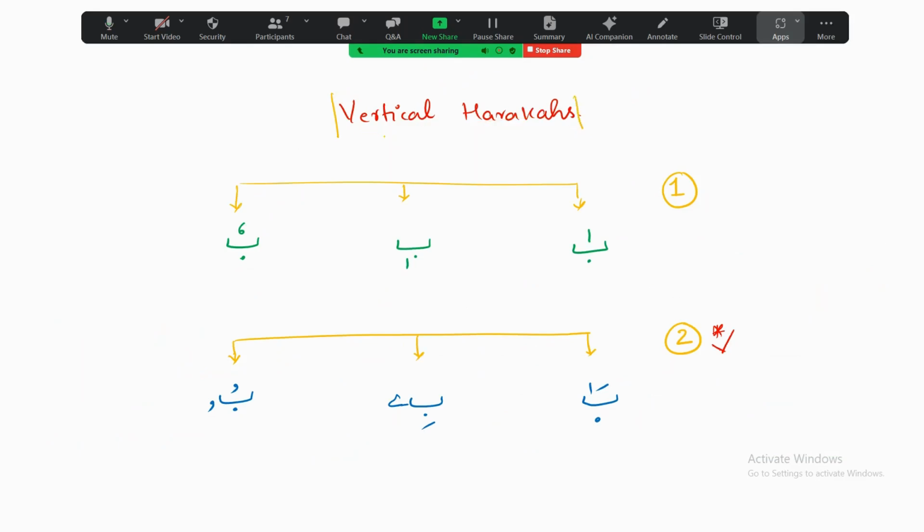Okay, so the topic we are covering is vertical harakat. I mentioned that you will find these written like this: the small alif on the side of the letter, the small ya written on the side of the letter, and the small waw symbol written on the side of the letters as well. So when you find these, you are supposed to do the same thing you did with the letters of elongation. But this is the representation you will find in the normal musafs,